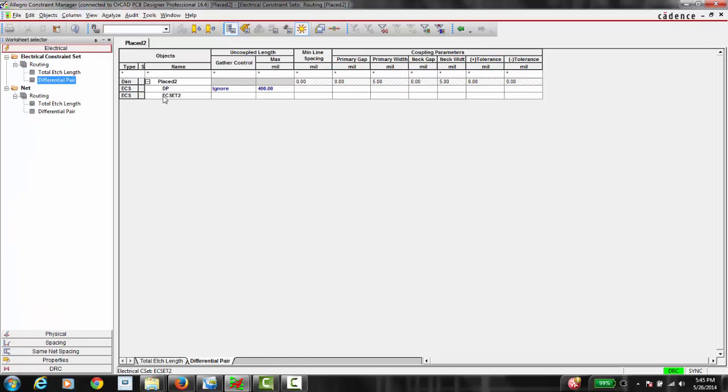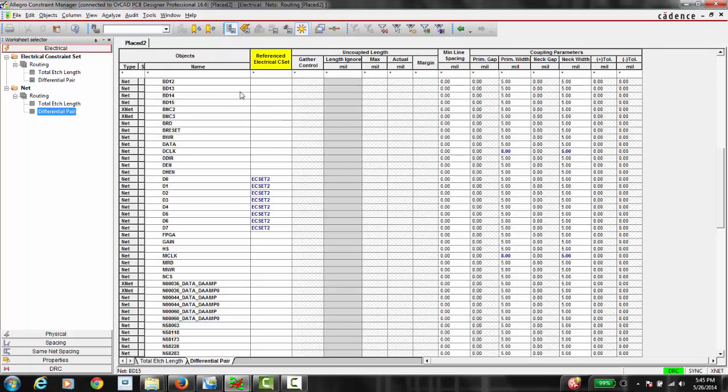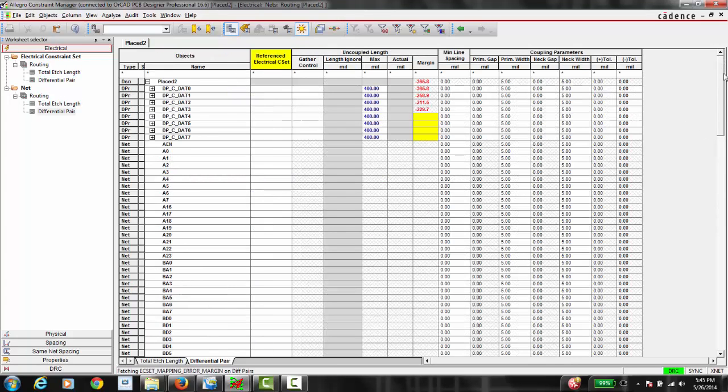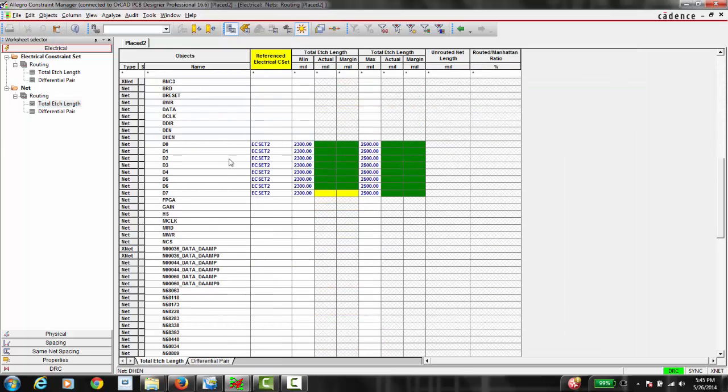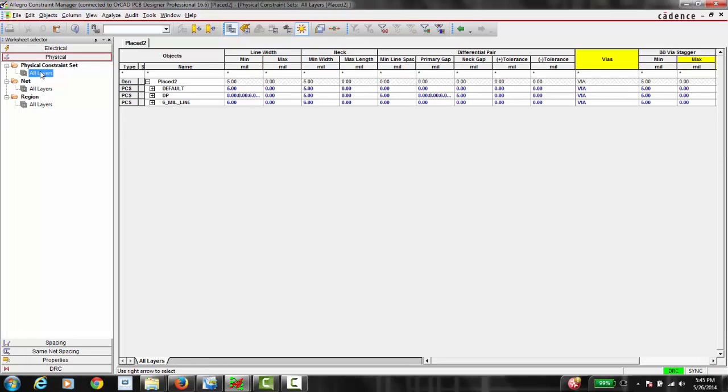Now we're ready to assign the constraint sets. Let's start in the electrical domain. We will assign the DP electrical constraint set to our differential pairs. This will specify the maximum allowed uncoupled length within each differential pair. Let's also check that the EC Set 2 constraint set containing total etch length rules is present on the proper